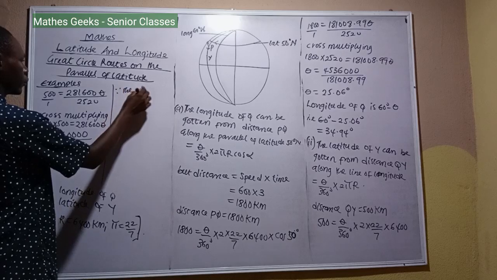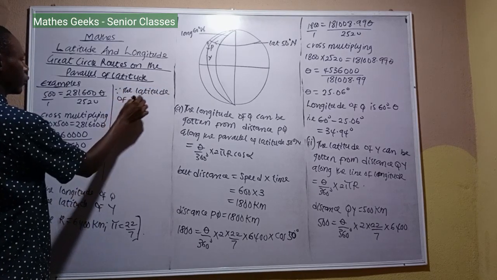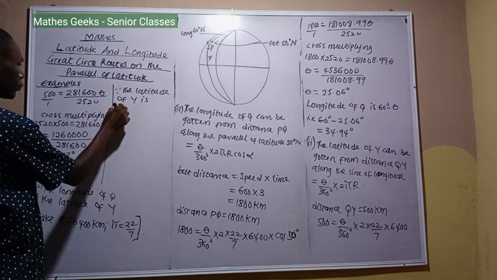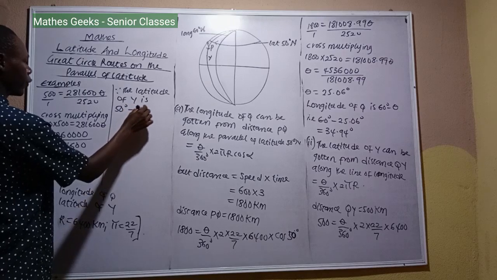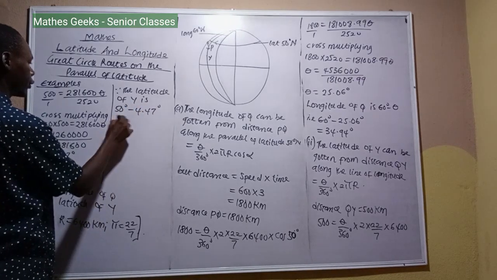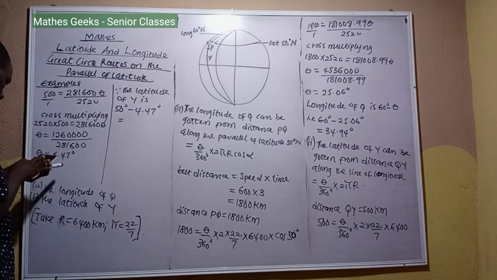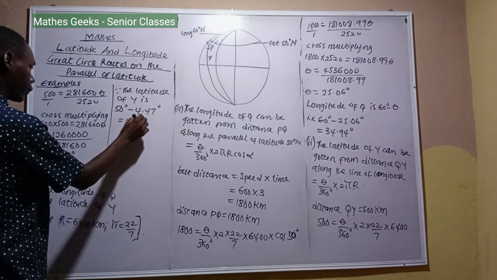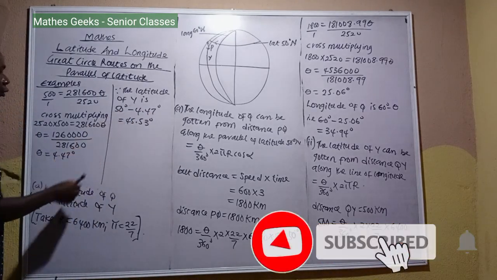Therefore the latitude of Y is 50 degrees minus 4.47 degrees, which is 45.53 degrees. So why do we subtract